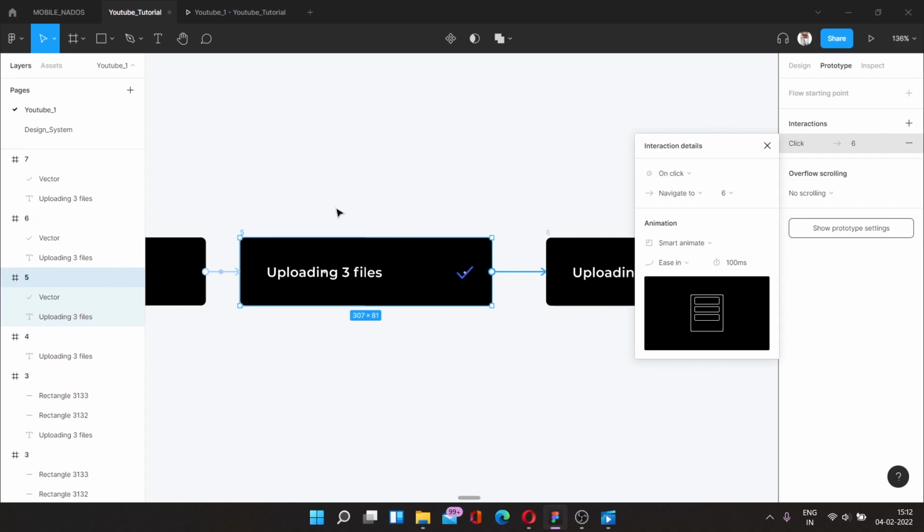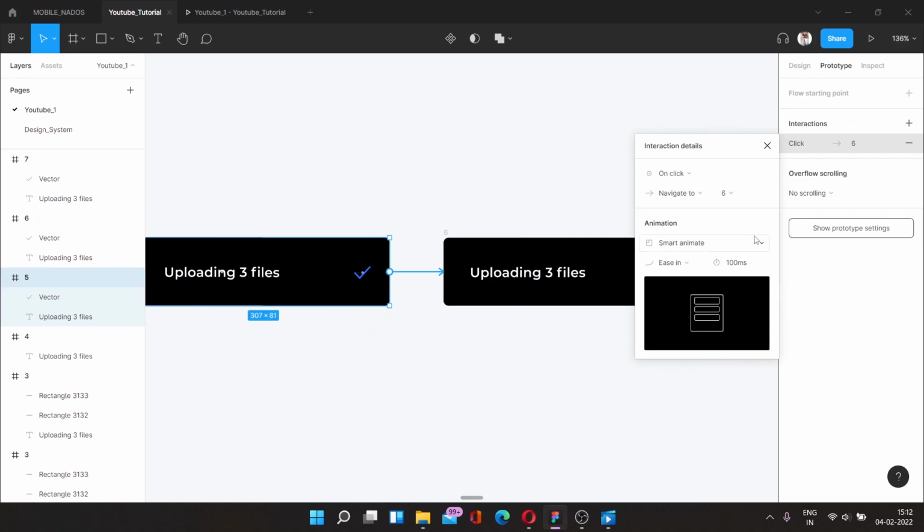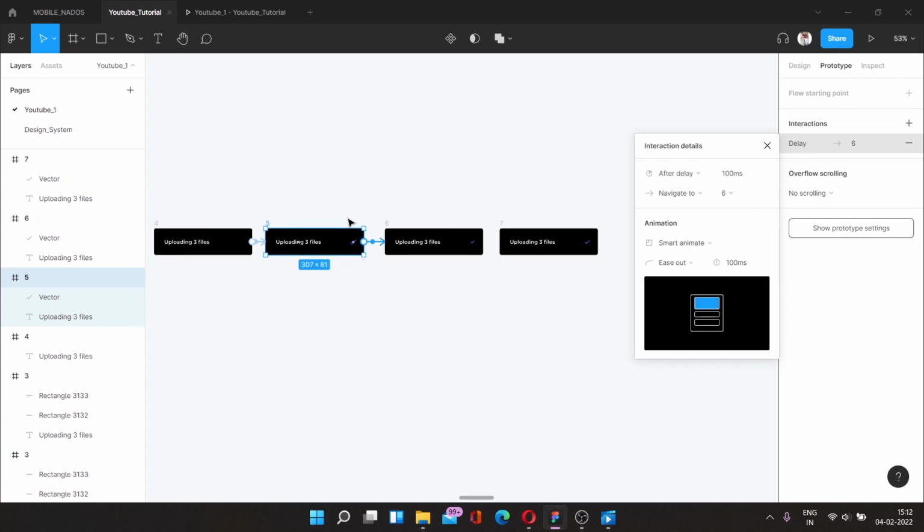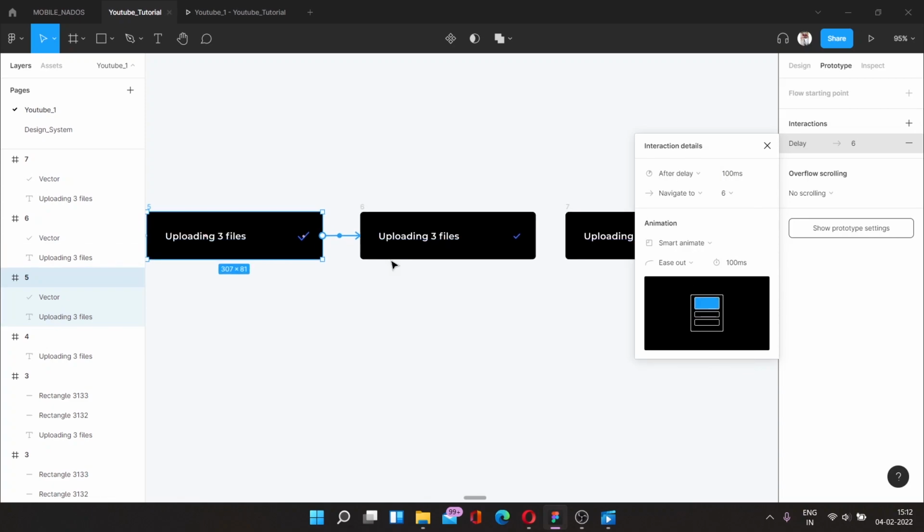And the final one is this, 5 to 6, after delay 100 milliseconds, ease in. For now I'm taking ease out because that is going to be our final one, I guess. Ease out 100 milliseconds,